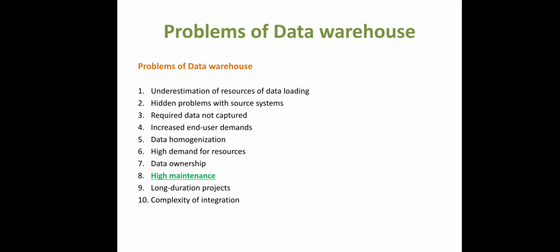Then the next thing is high maintenance. Definitely, if our resources are very high, its maintenance is going to be very high. So the data warehouse has a high maintenance system. A reorganization of a business process or a source system may affect the data warehouse, and it results in high maintenance cost. Definitely, if I have different policies for my department, or if I am reorganizing something in our department, then according to that reorganization my data warehouse is also going to be changed, and the maintenance cost is very high in that case.